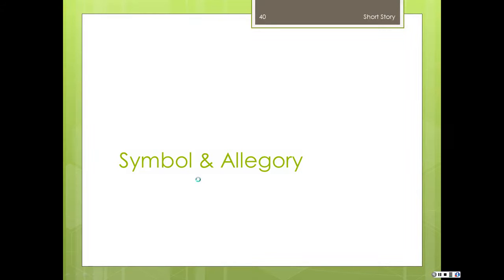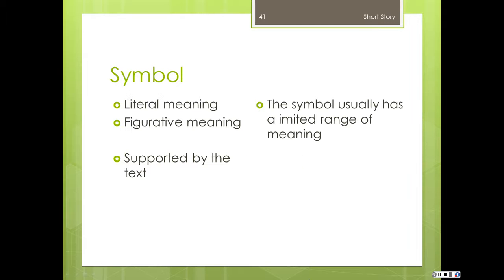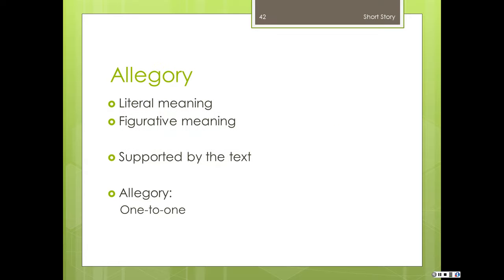Story are other elements that we consider when we are evaluating a story. When something is a symbol, it first has a literal meaning within the story and then a figurative meaning. And that meaning is supported by the text itself. When we look at symbolic meaning, we typically see it as having a limited range of meanings rather than meaning one thing. Because when we have that literal and figurative meaning and it has a one-on-one correlation, then that is